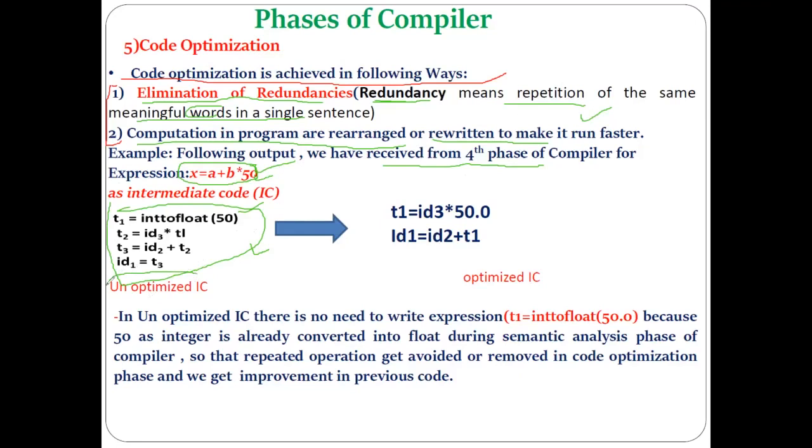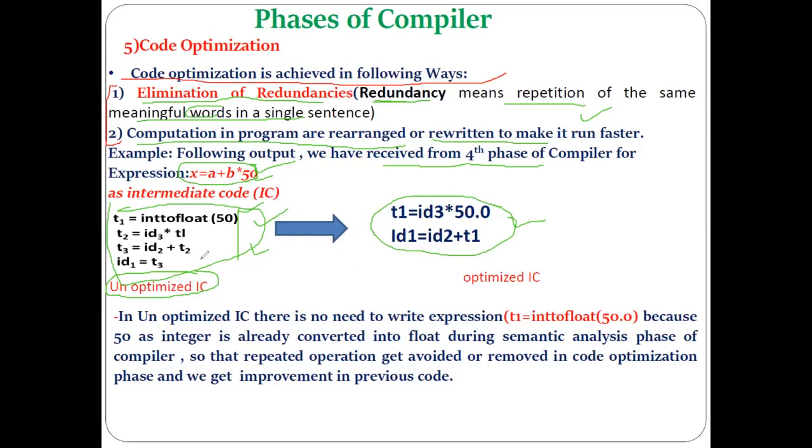Here I have written the unoptimized intermediate code, which can be optimized, meaning something present in this fragment of code can be changed without affecting the final output of the program, or some redundant code might be present. Okay, let's see. For this unoptimized intermediate code, this is the optimized intermediate code.